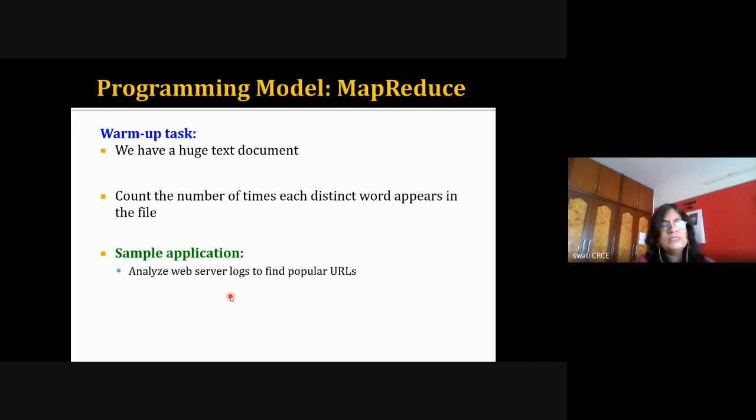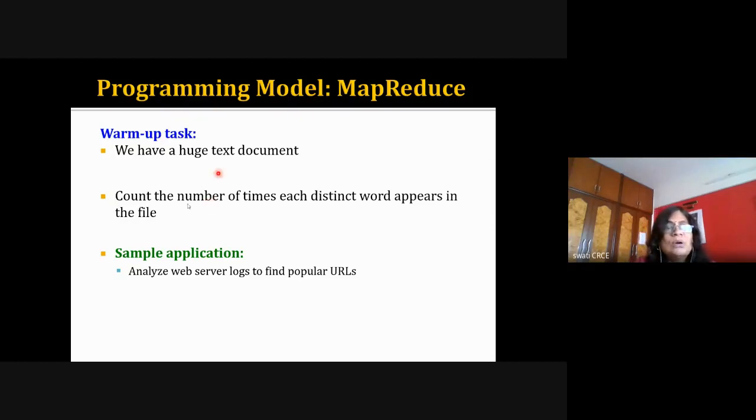I want to see which URL is visited how many times. So I want to find out the frequency of URLs visited. This is one of the examples of word count. Or if it is a document, in case of Google, I want to check how many times a particular term is occurring. So I want to calculate term frequency. In that case I want to find out word frequency.